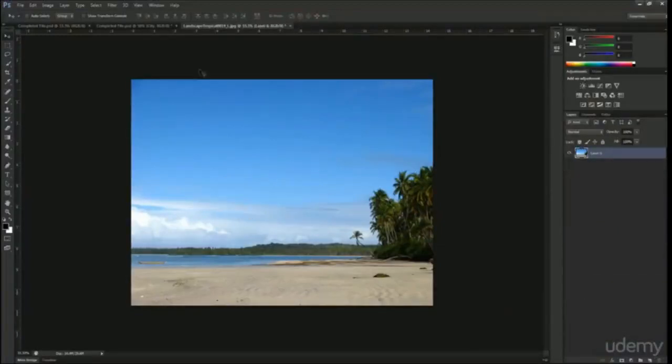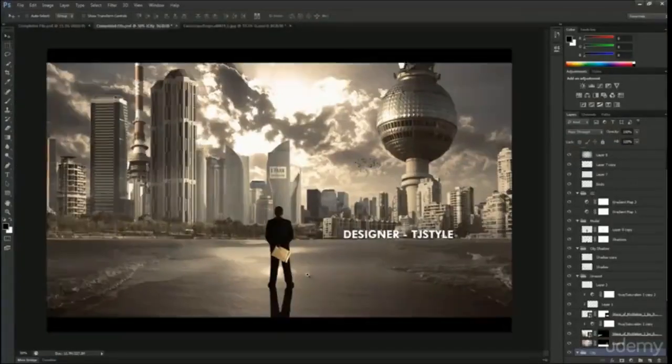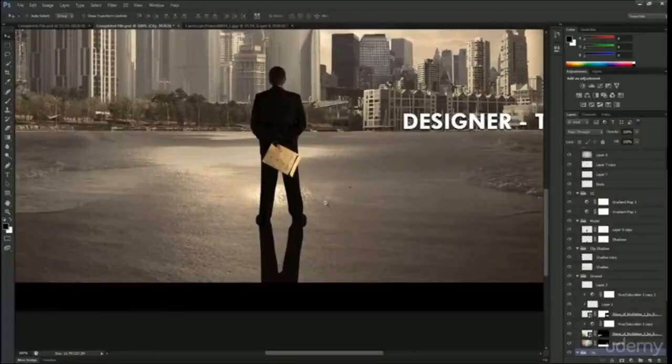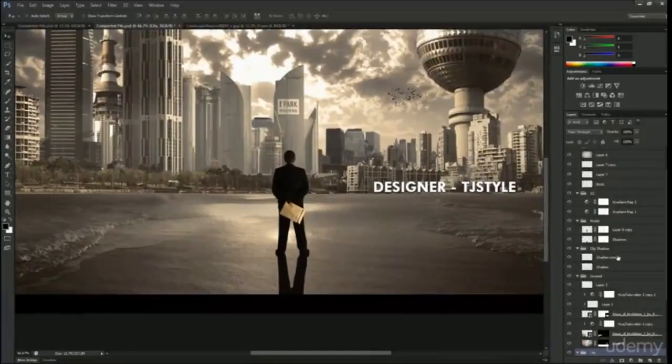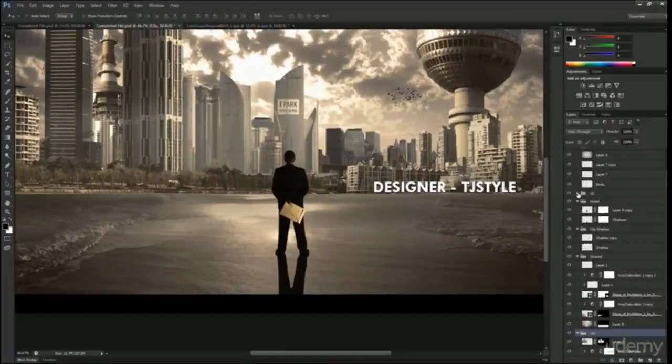Skew kind of comes in handy when you are creating shadows. For example, when I was creating the shadow of this model over here in this photo manipulation, where is that guy? See, yeah, model over here. This actually has